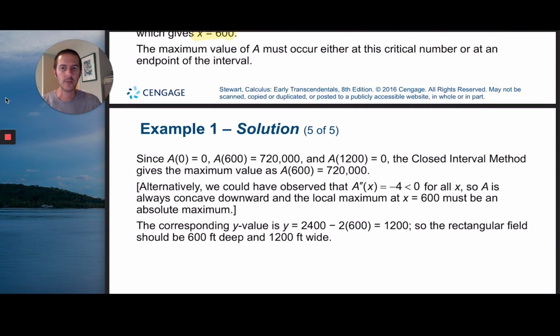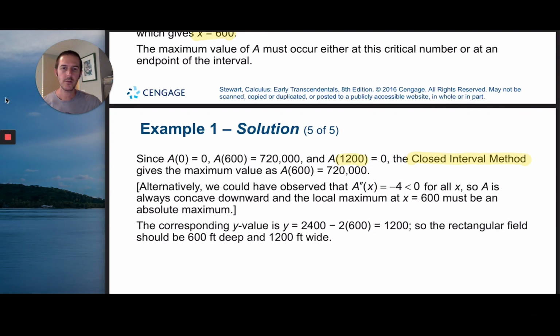The next thing that Stewart does is implements the closed interval method. And the closed interval method says that since we're working with a restricted amount of fencing, the minimum amount of fencing that we could use would be 0. The maximum would be, he's going with 1,200 here, and the fenced area has to have two sides. So in terms of length and width, the x value that we're putting into the equation would max out at 1,200. And he's testing the endpoints of the interval to make sure that